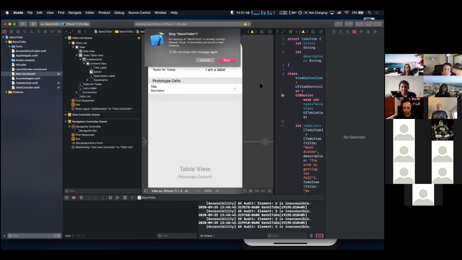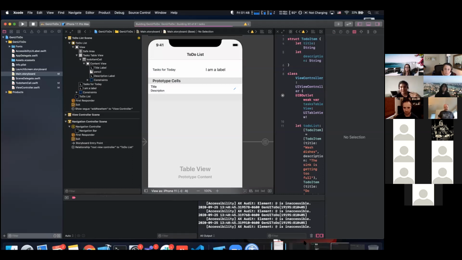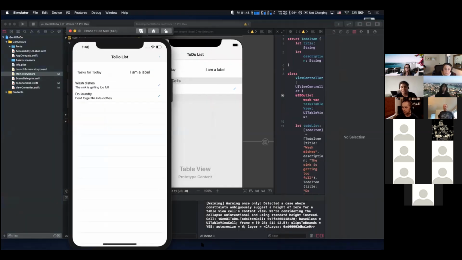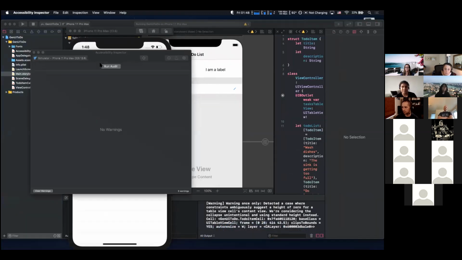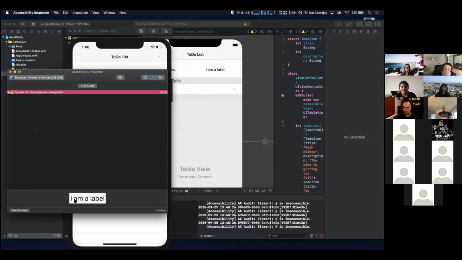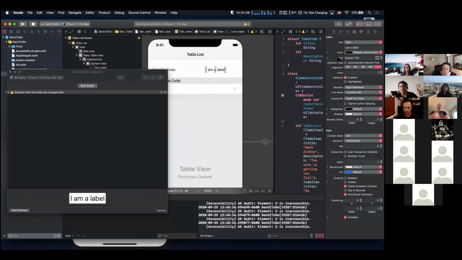So if I run this app, it will once again trigger another accessibility warning saying, hey, this thing might not be accessibility compliant. And it will correspond to our label. As you can see, it says that it has a warning. So the way to fix this, without going on to the extra thing of creating a wrapper, is to go to font in your